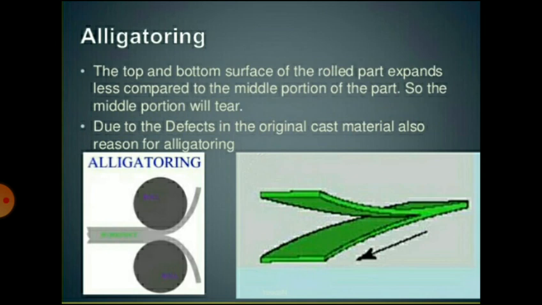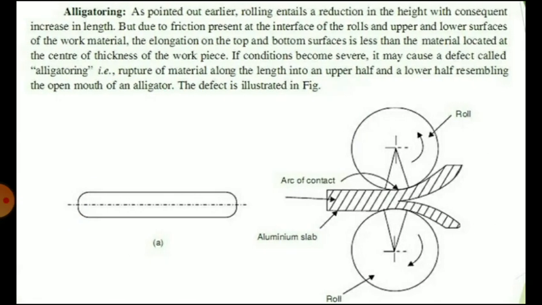Next defect is alligatoring. So these defects occur due to inhomogeneous deformation of the material during rolling. The top and bottom surface of the rolled part expands less compared to the middle portion of the part. So the middle portion will tear. A defect in the original cast material is also a reason for the alligatoring. So you can see, rolling gives a reduction in height with consequent increase in length, but due